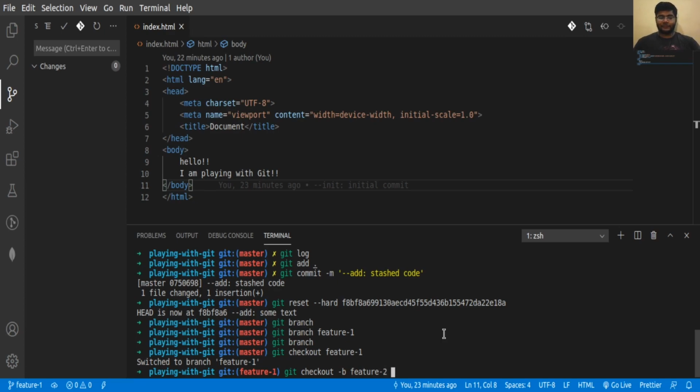And we have one more flag in branching, -t, that is going to track the changes. If I create a new branch from this feature 1 branch, the code of feature 1 branch will be copied to the feature 2 branch. But if I want the code of master branch to be copied, I can use -t and here the name of the branch whose code I want to copy. So currently we will do this.